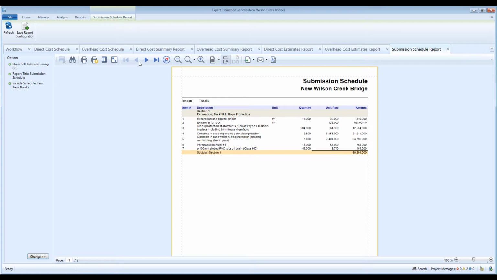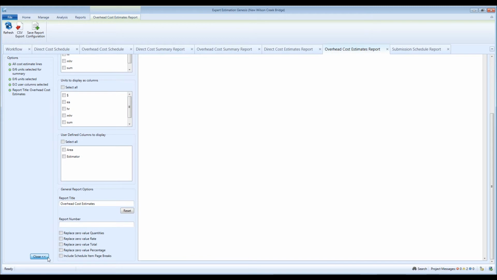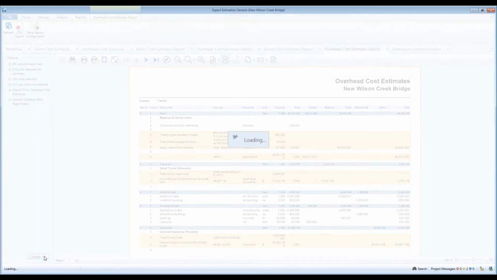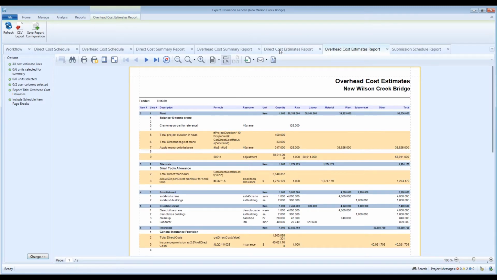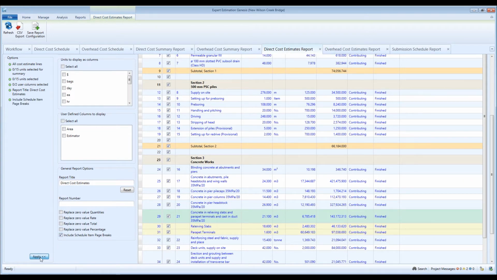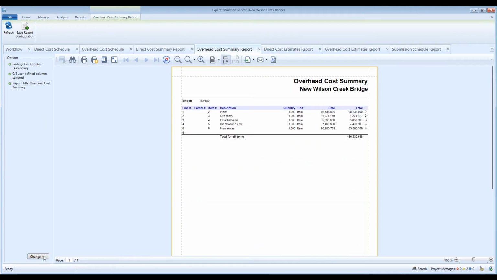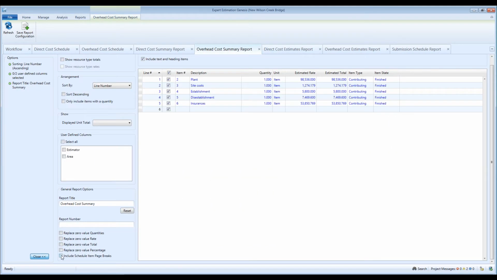Page breaks are a per report option that are not turned on by default. You need to manually enable them for each report as required. Once you save your new settings, the page breaks will always be enabled for that specific report until the settings are changed. Remember, other users will need to enable page breaks in reports to be able to see page breaks